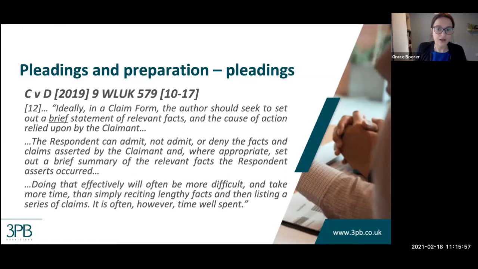Judge Tucker on appeal ultimately allowed the amendment applications on the basis that they were simply relabeling of facts. But importantly for our purposes, she went into some detail about how the case could have been better managed with reference to the pleadings. Essentially what she did was criticise the narrative form that both the claim form and the response form took, and said that essentially they might not have had to go to the stage of an appeal in respect of identifying claims if claim form and response had been better set out initially.